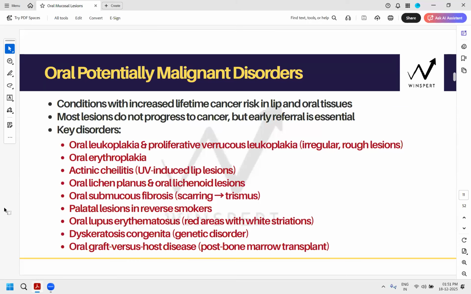I have covered beautifully in the ODL chapters how to identify OLP and oral lichenoid clinically, and then the histological findings and the management. So even the specialists who are treating OLP and oral lichenoid are not doing it without biopsy. Because it is a potentially malignant disorder, specialists first take a biopsy and then start the treatment. Understood? Now, Samina, even without covering any other chapter, tell me, is the concept clear or not?